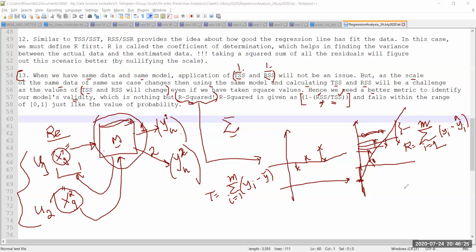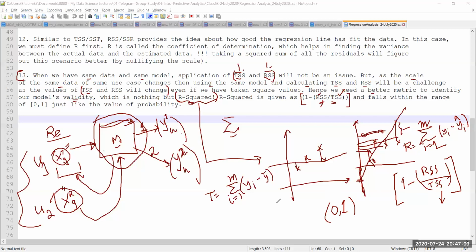So I simply take the RSS value, okay? I take the TSS value. I divide the RSS value by the TSS value to normalize it. And now I get a fraction, which is my sum of squared fractions. So this part is a fraction. And obviously, if I subtract that from 1, I will get a value in the range of 0 to 1. Right? Now, this makes my life easy because since I have a value in the range of 0 to 1, I can now say that 0 is the value where I have the least good model. 1 is the value where I have the best model.